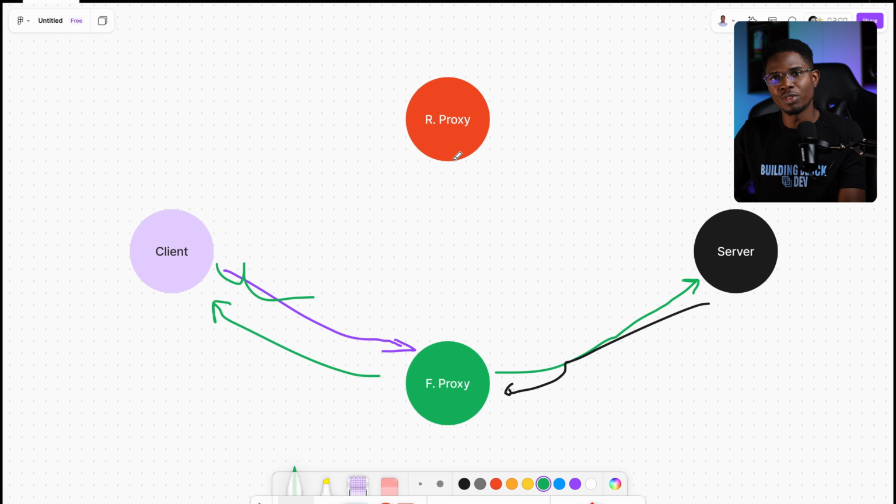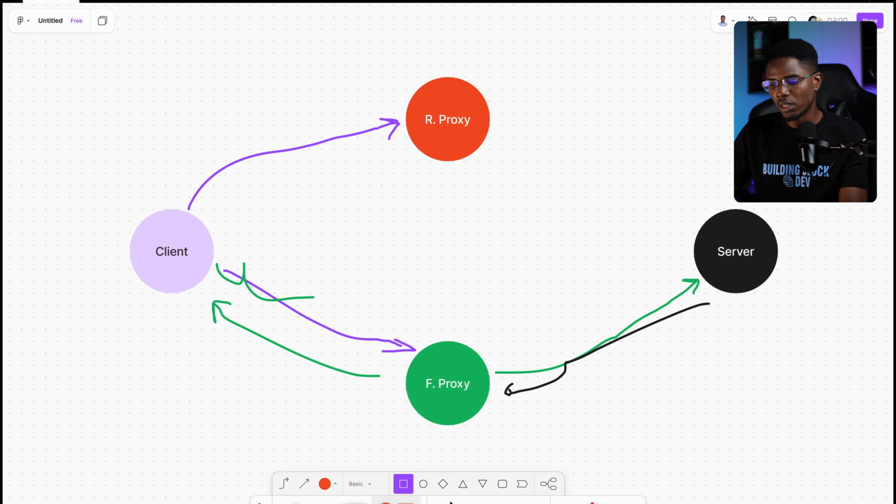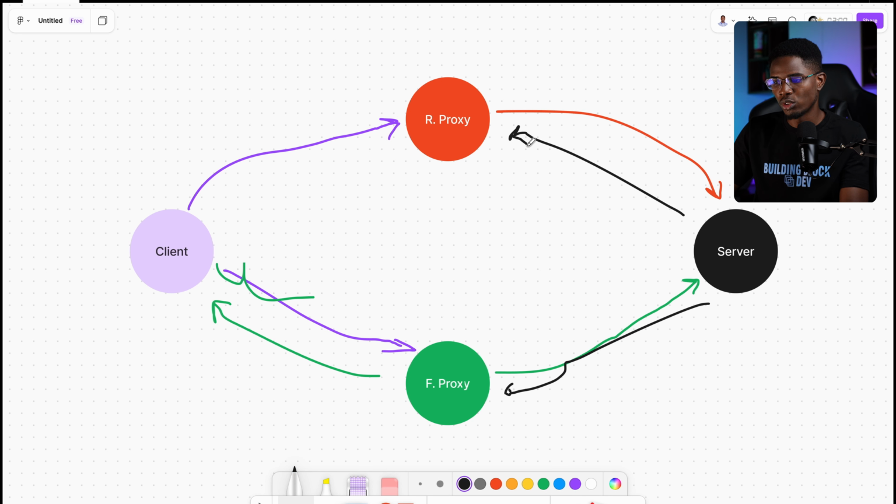So now let's talk about reverse proxy. Reverse proxies actually work in a very similar way but with a very big distinction. So let's describe it. You send your request from your client to this server. Then the reverse proxy sends a request to the server. The server responds back with your response and it sends it back to the client. Okay,